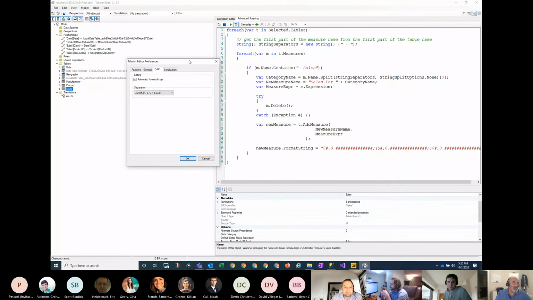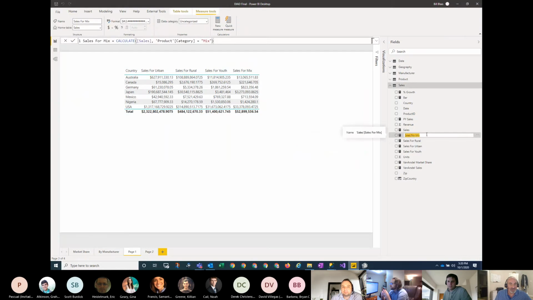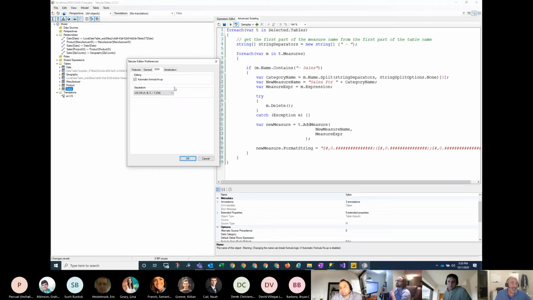But it definitely, just like here, if I change this and there was another measure dependent upon it, it will go and change the reference. It will do the same thing inside the Tabular Editor as well. Nice. And I think it's when this is checked, but I haven't tested that. In other words, if you uncheck this, maybe that doesn't happen. I don't know, so good luck trying that.